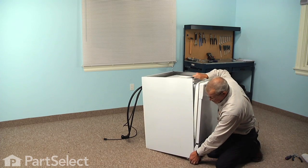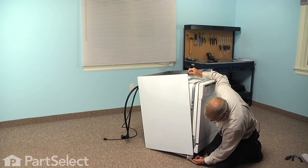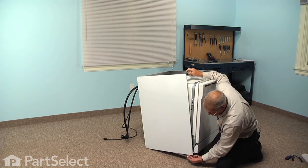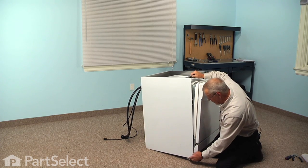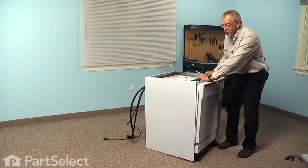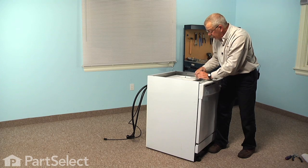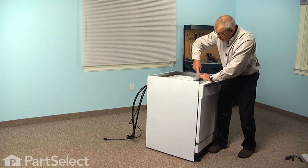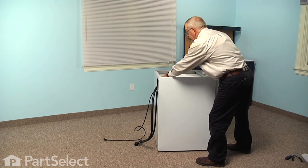Now next we're going to engage the little tab that protrudes from the base, one on either side, into a little slotted opening about 2 inches back from that bottom edge at the front of the cabinet. So line that up on both sides. Now next we're just going to pull that cabinet forward until the screws line up on that cross member, and we'll reinstall those. We can then rotate the dishwasher to gain access to the back,